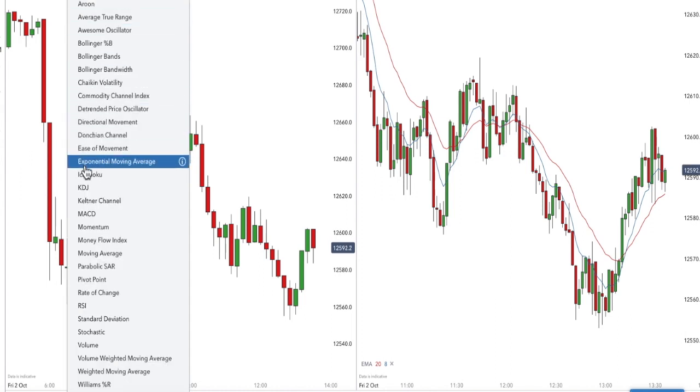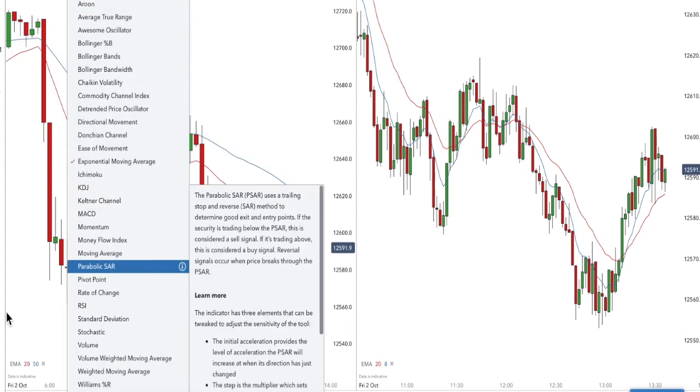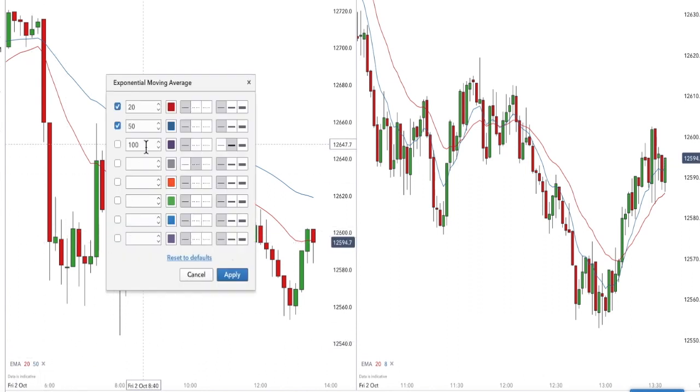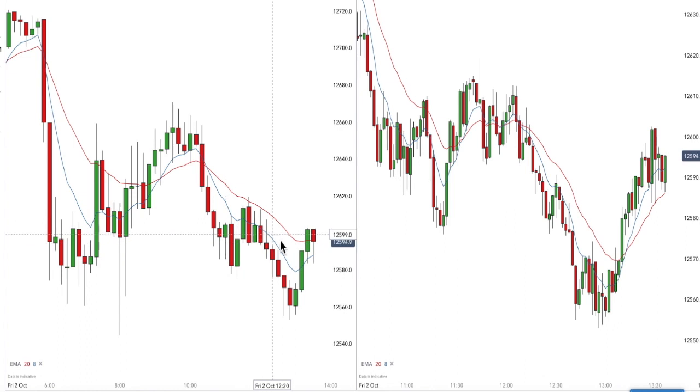So let's put the exponential averages in here and adjust this value to 8. Okay, and it's broken through the averages from the downside, and we'll have to wait and see. If we get a big strong red candlestick bar that then finishes below this average here, I'll probably be looking to go short, and it would also therefore be below these averages when it finishes. But the video is not going to be that long.